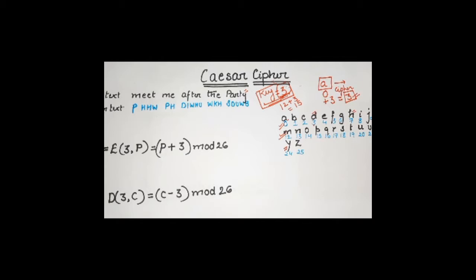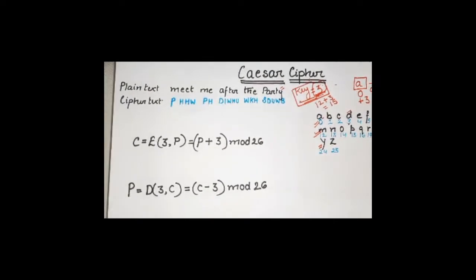So, when I say Y, the value of Y is 24. And if you have to add 3 to it, what will happen? That is 1, 2, and 3. That is, plain text Y will now be converted into ciphertext B. That is called modular arithmetic, and therefore the standard formula comes into the picture. See, I've also written down the formula for converting simple plain text into ciphertext.